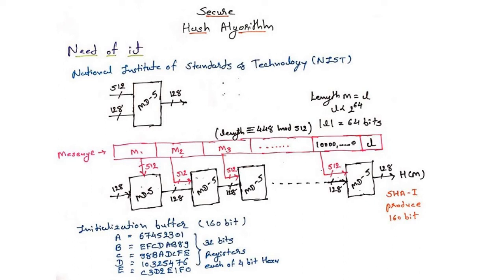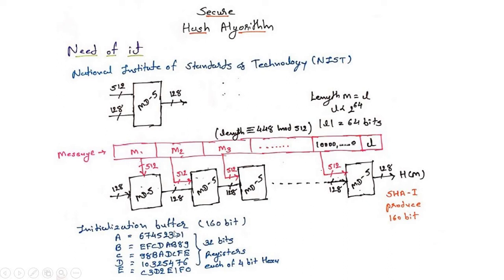Generally people are using the MD4 and MD5 algorithms, which are used in the market. In place of MD4 and MD5, NIST, the National Institute of Standards and Technology, suggested one new technique, that is the SHA algorithm. What is the difference compared to MD4 and MD5? MD5 gives a 128-bit output, whereas SHA-1 gives a 160-bit output. So it is greater than the previous one, and it gives more accuracy as well.